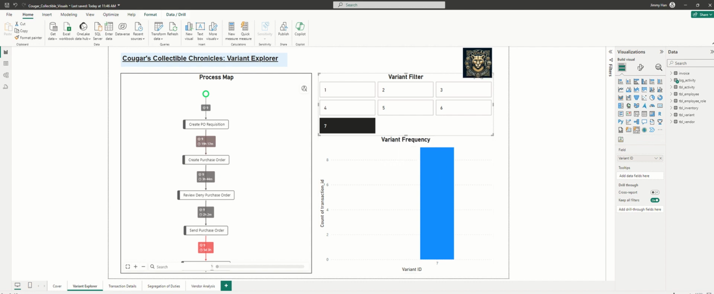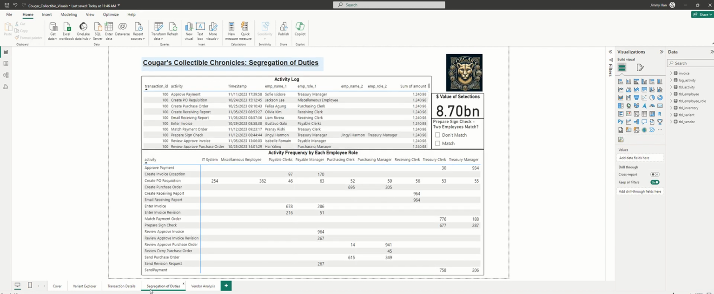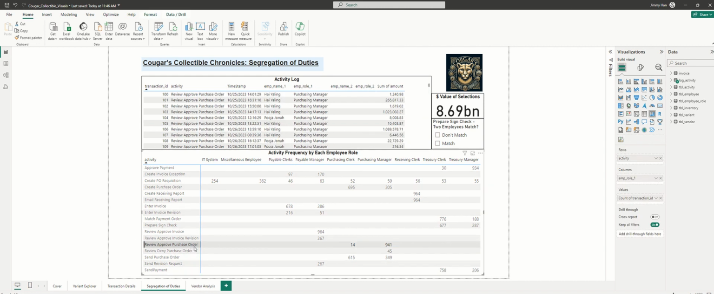And moving on to the next question, since only purchasing managers have the authority to review and approve purchase orders, were there any instances where employees other than purchasing managers did so? If yes, how many such violations occurred? We're gonna move to the segregation of duties page, and then we're gonna look at this certain activity called review approve purchase order. If you look at this row, we can know that only 2 employee roles did this activity, which